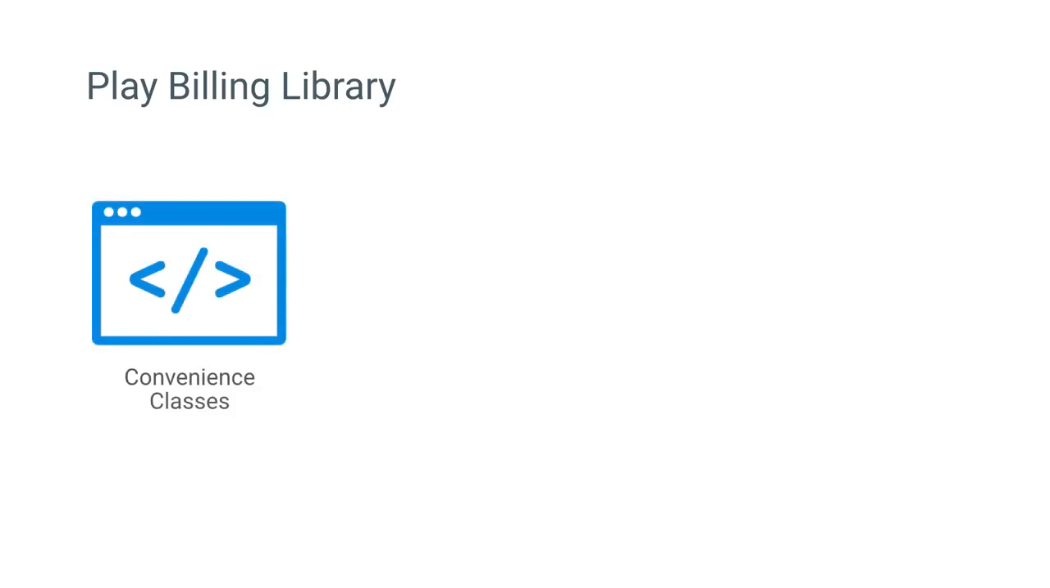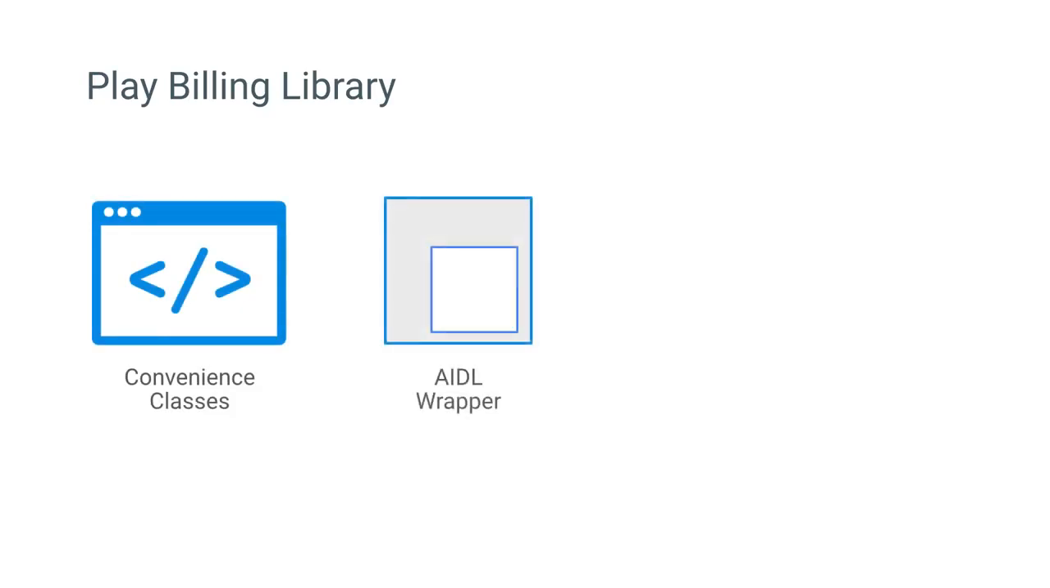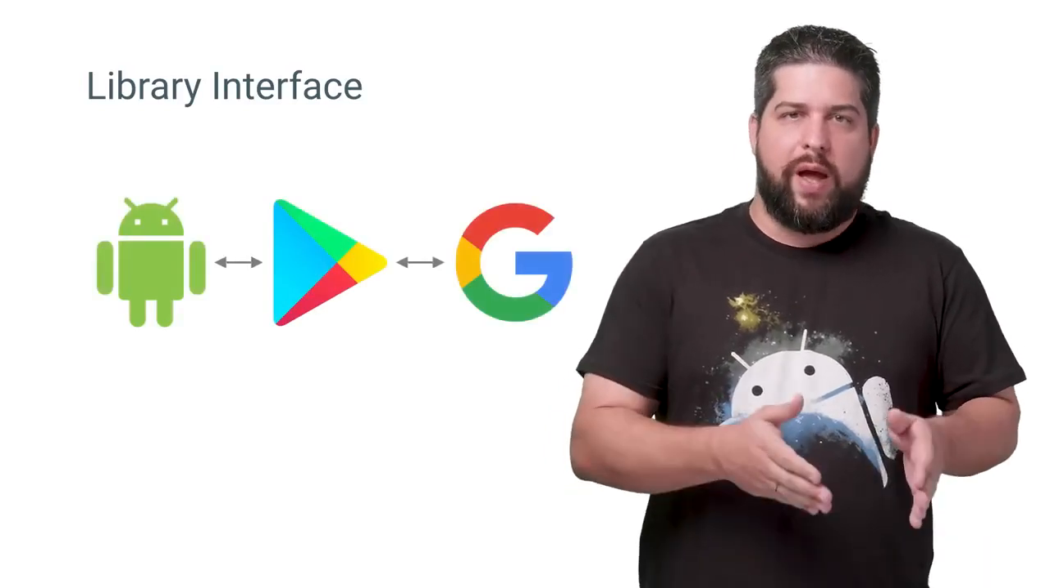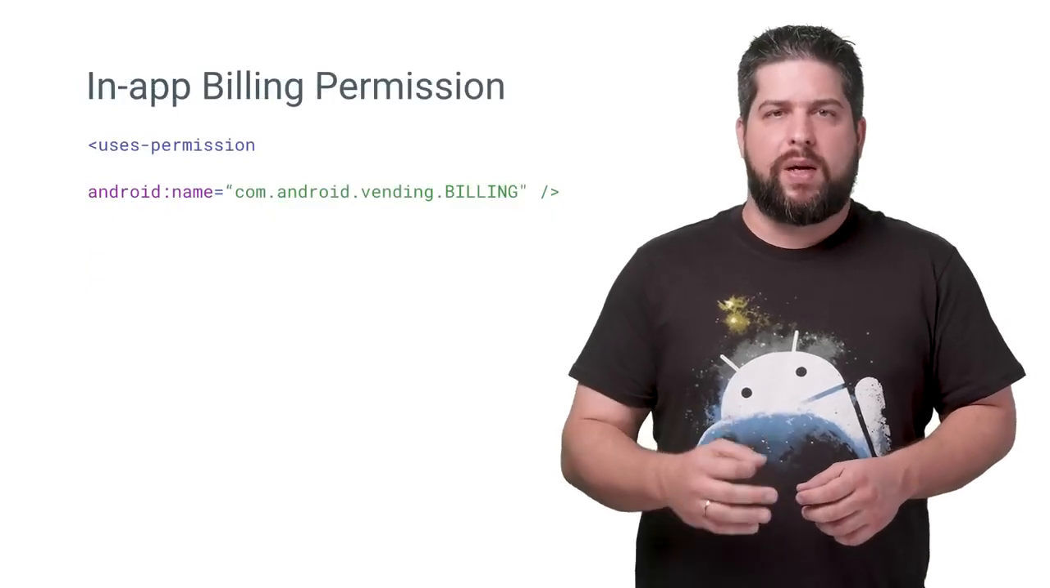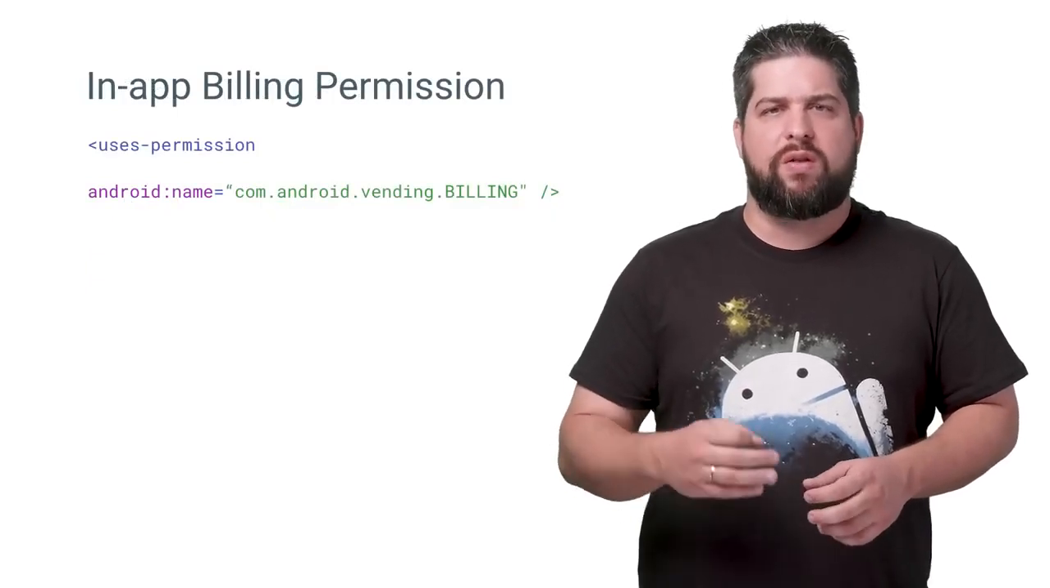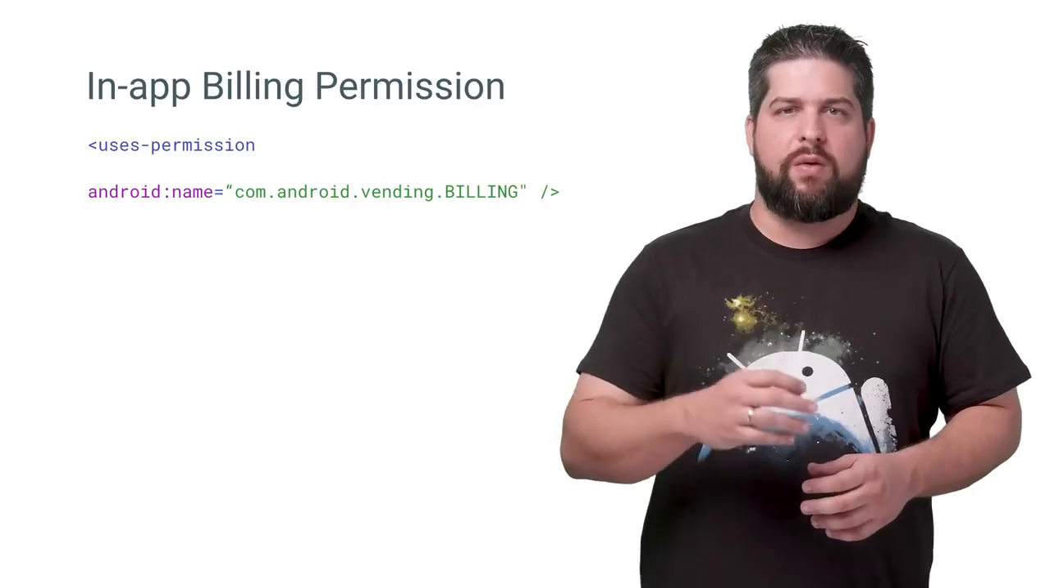This library includes several convenience classes as well as a wrapper for the billing service, allowing you to focus on implementing the logic specific to your app. In-app billing relies on the Google Play Store app, which handles the communication between your app and Google's billing service. To use in-app billing features, your app must first request the com.android.vending.BILLING permission in your Android Manifest